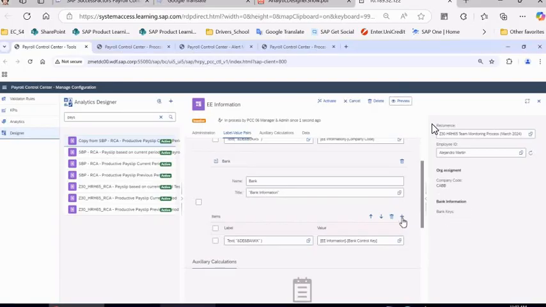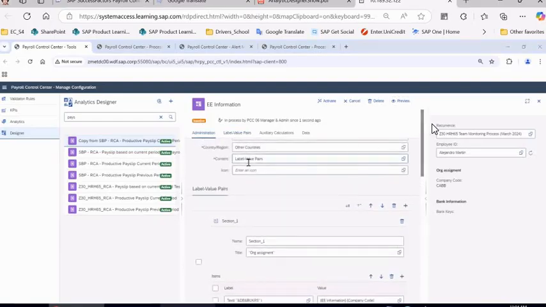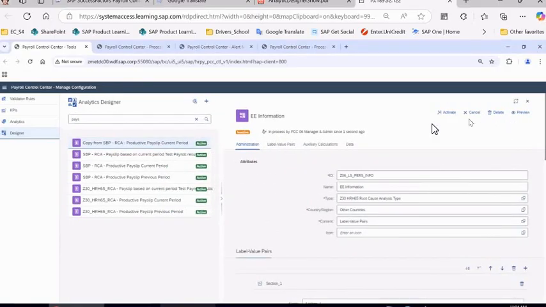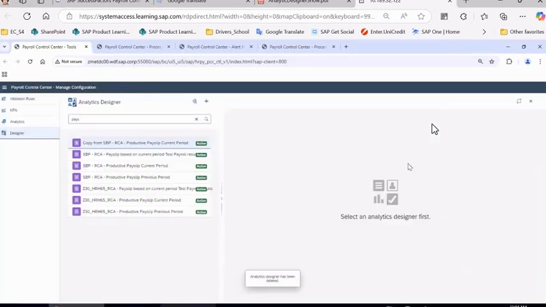Now I don't have enough time, but I hope you catch the main algorithm. How can I work with the label value pair content, and again, I just need to test everything and activate my designer. And last option,